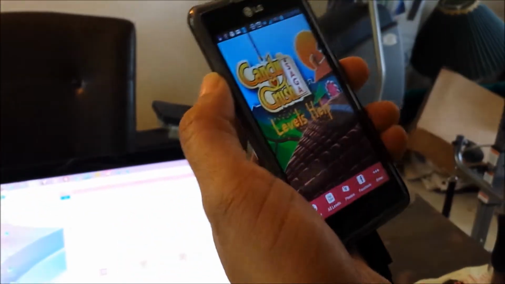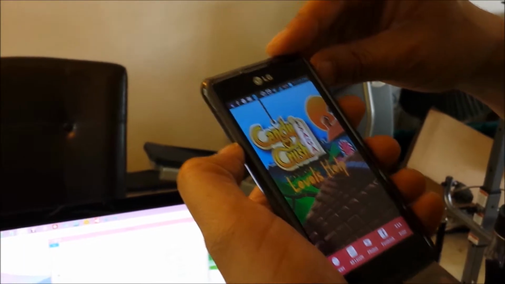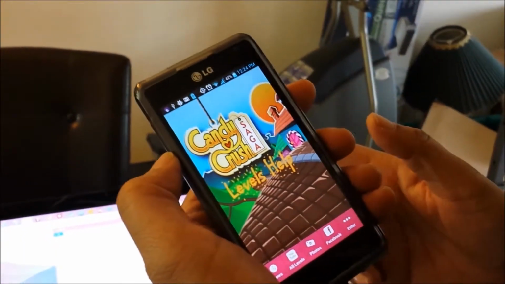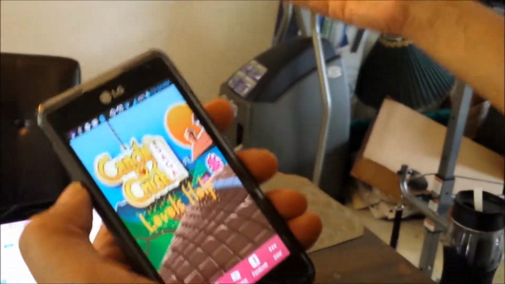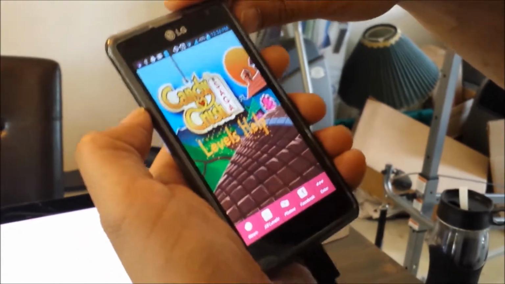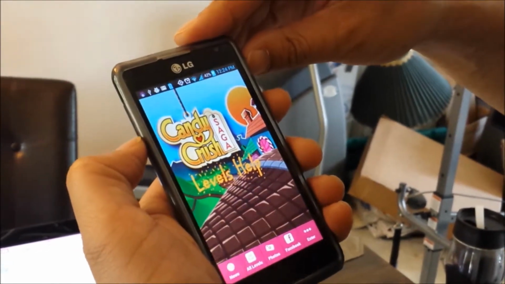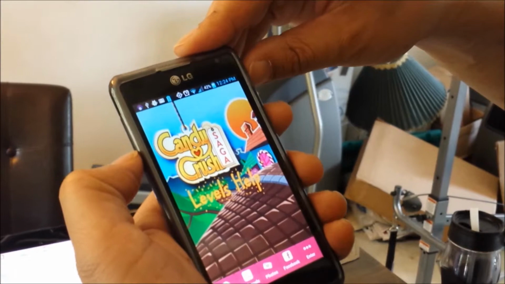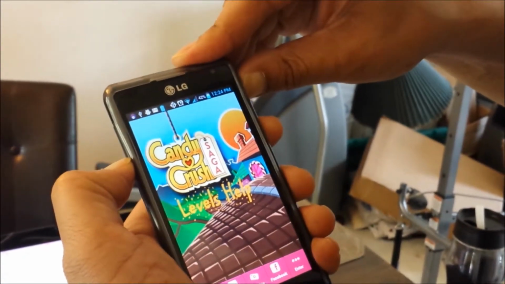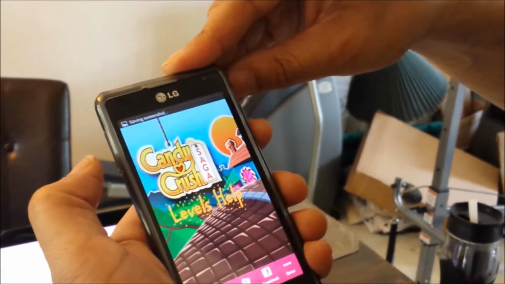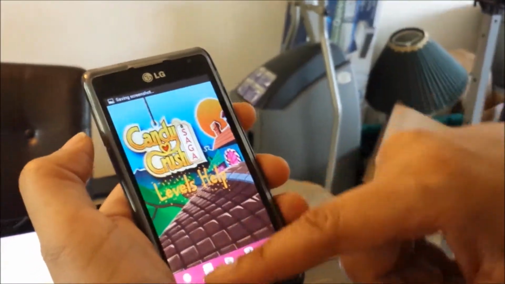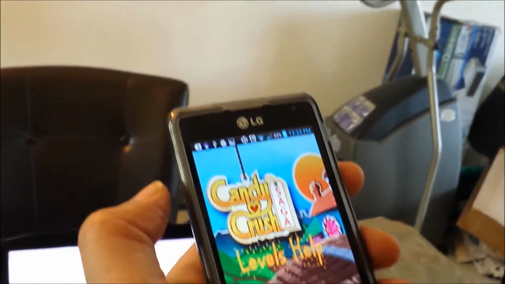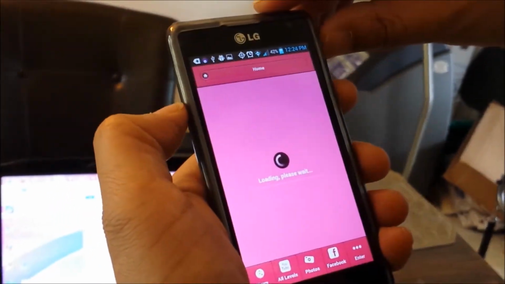For my phone, I have to press the down button and the power button at the same time. Now, depending on your phone, you may have to do something else. Let me just show you real quick how mine works. I'm pressing the down button and the power button. That's it. Now, you want to get screenshots of everything on